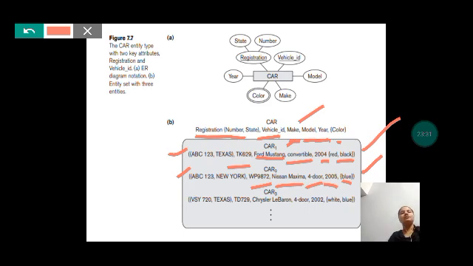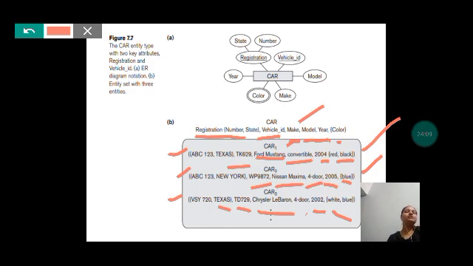Next, one more car entry we have: VSY 720 is the registration number, and Texas is the state name. Then we have an entry for vehicle ID, and then the make. The model is also a 4-door model, and the year in which this car was launched is 2002, and this car is available in two different colors, white and blue.